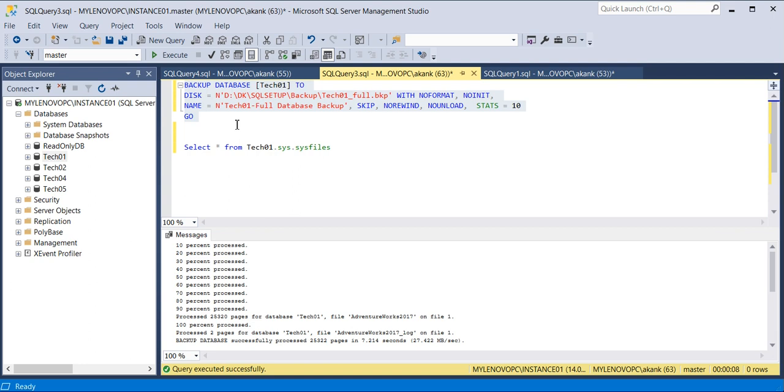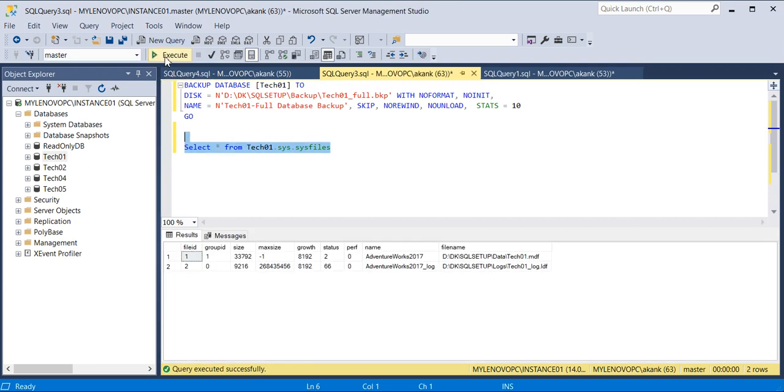Now I am going to see where the database files are physically placed. If you select the information from sys.sysfiles, it will give the location of the physically present database MDF and LDF files on your server.